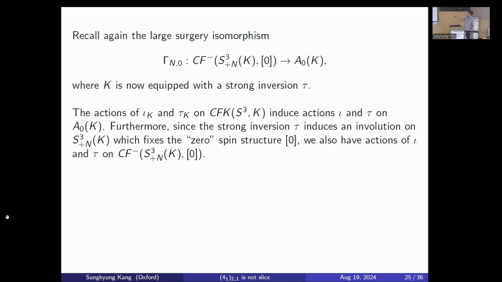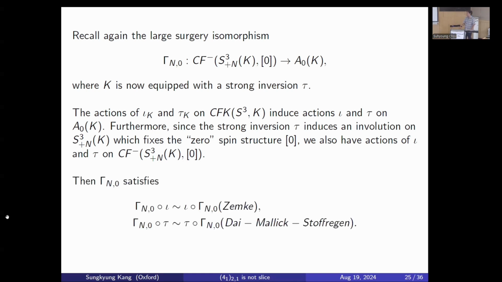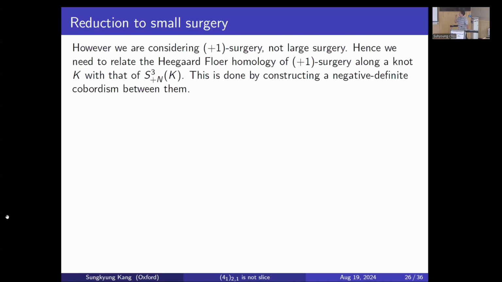The natural question is whether this isomorphism up to homotopy intertwines those symmetries. The answer is yes. The actions of iota_K and tau_K induce the actions of iota and tau here. That's actually work of Ian Zemke for iota and Mallick and Stoffregen for tau, but honestly, they're just side products of a natural functoriality of knot Floer homology. Okay,